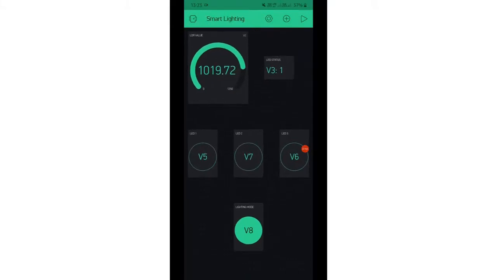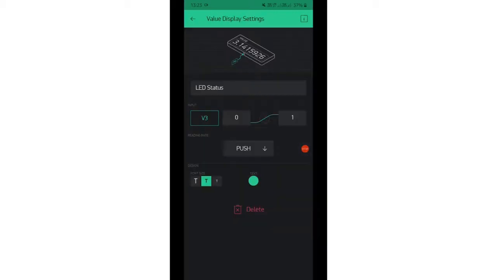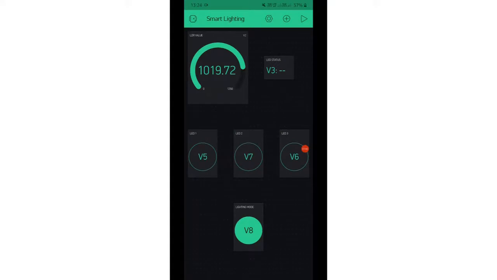I get back to my screen here. This is the project. The app has got a gauge that is for the LDR value. You can see the last time around I've run the program, the value still exists here. For the LED status, I've got a value display. Whatever value it's 0 or 1, that shall be projected on the value display here, connected to virtual pin 3. So we use virtual pins to show the data on the app.